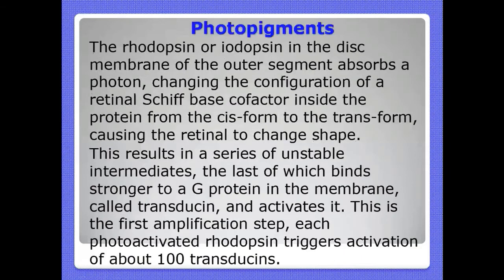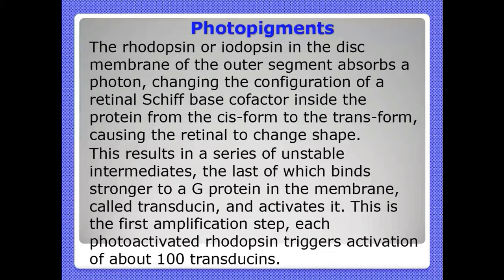Now we come to the photopigments of the rod cells and cone cells. These photopigments are actually responsible for converting the photon, that is light energy, into electrical energy. That is, the thermodynamics law is applied only here in these photopigments. Where are they located? They are located in the outer segment of the rod cells and cone cells, in the discs of the rods and cones. The photopigment present in the rod cell is called rhodopsin. The photopigment present in the cone cell is called iodopsin.